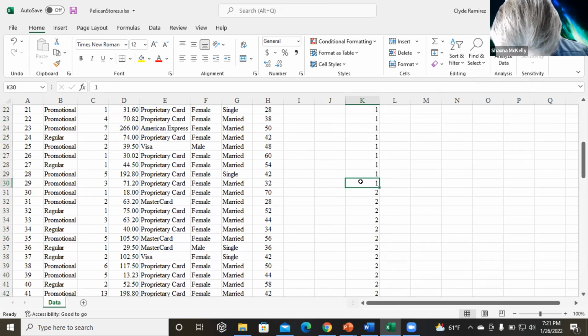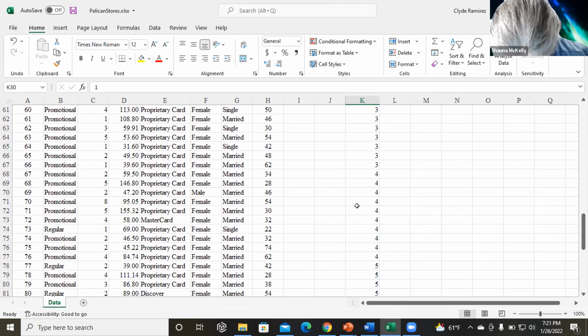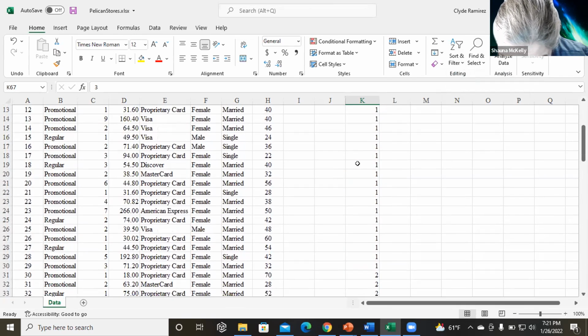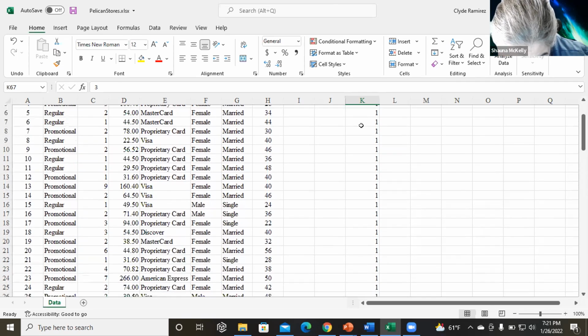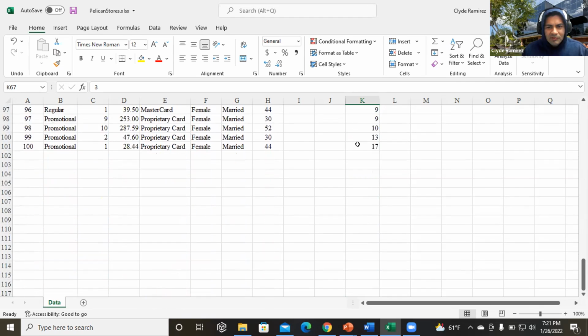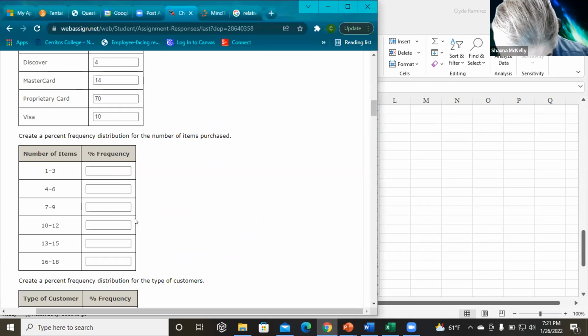So if you keep going, because those are ones and twos and threes, they're all together. So until you get to the end of the threes, what cell are you in? 67. So 1, 2, or 3 was 67 people. Oh, but did we start at 2 though, Shauna? See how we started at cell 2? Okay, so that's gonna be 66 then. 66 people. Okay. So let me go back to and then count all the,